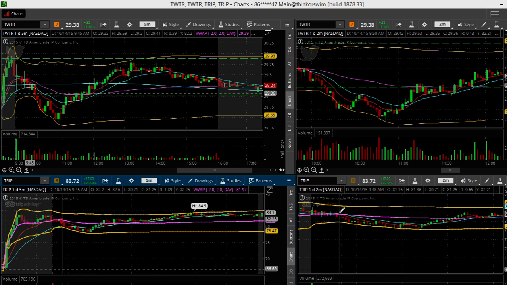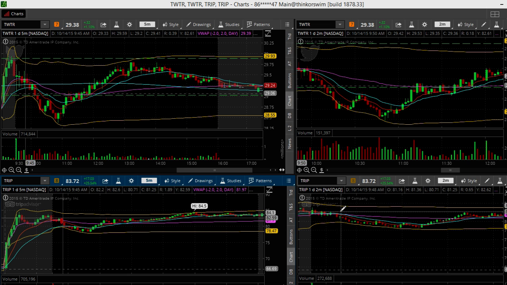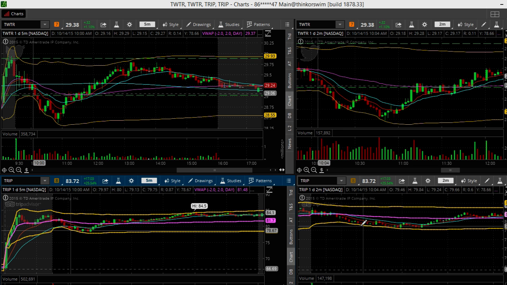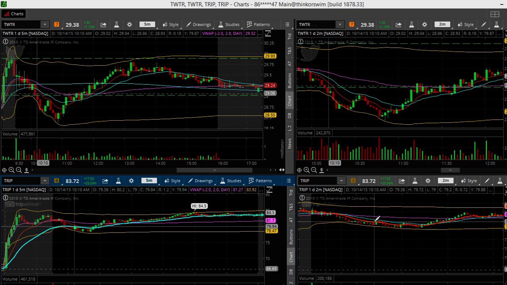So this is just a typical VWAP fade trade where I get a candle to close below it, the next candle opens below it and never really shows any sign of coming back. So I went ahead and got short and took it down to the deviation band. But I just wanted to see how low it could go before it came back and crossed above the 9. And I just let it stop me out there.